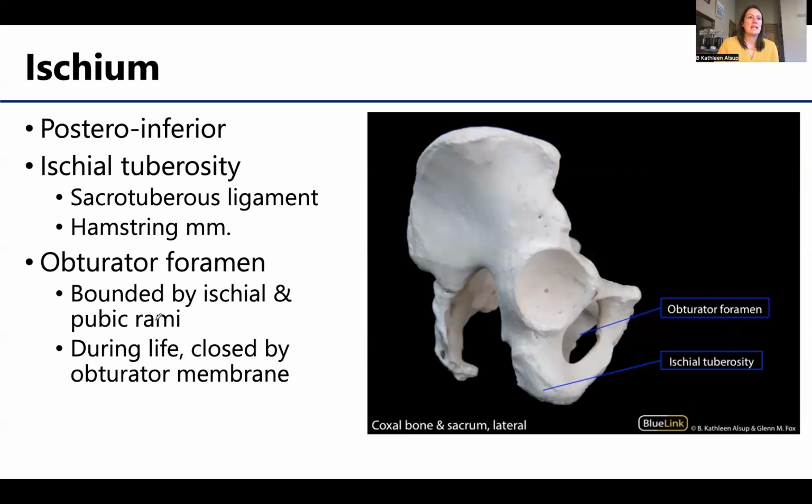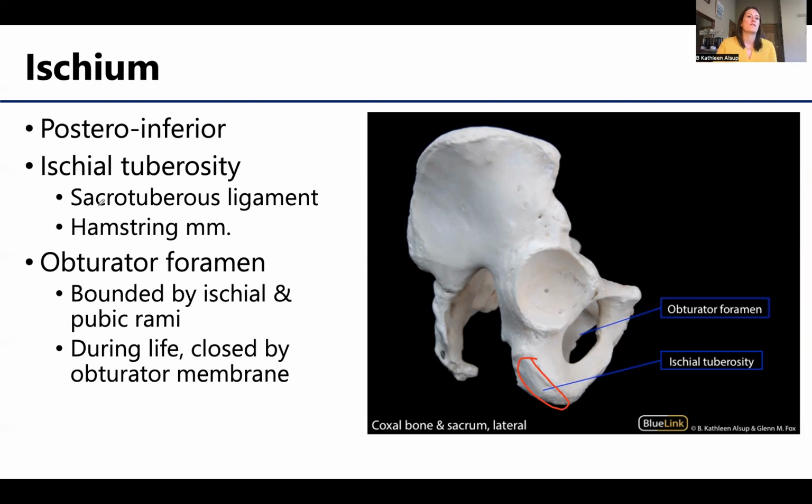All right, the ischium, so located posterior-inferiorly. Really the dominant thing when you're looking at the ischium is this built-up region right here, referred to as the ischial tuberosity. We talked about the ischial tuberosity as one of the boundaries of the pelvic outlet. We often refer to, colloquially, to the ischial tuberosities as your sit bone. So when you are sitting down, you're sitting on your ischial tuberosities, kind of. Obviously, you have skin, you have some connective tissue there, but that's the bone that you're kind of sitting on